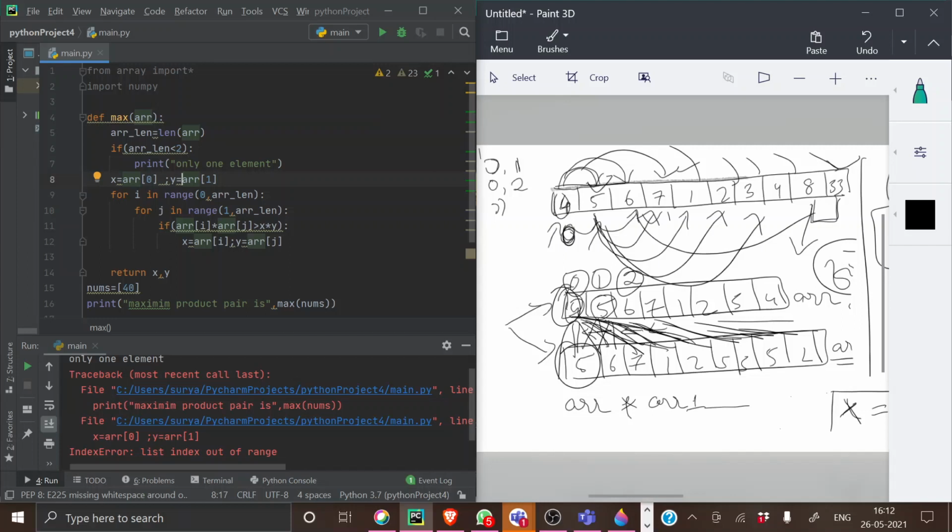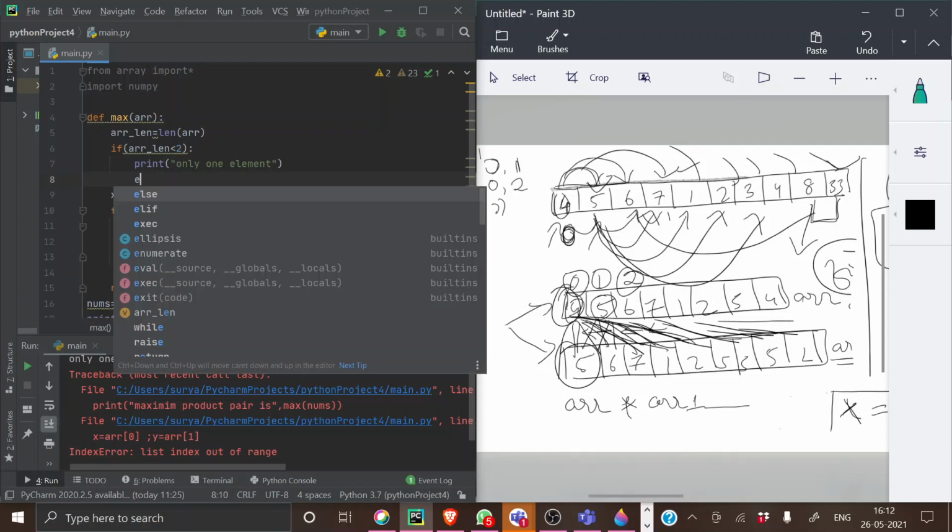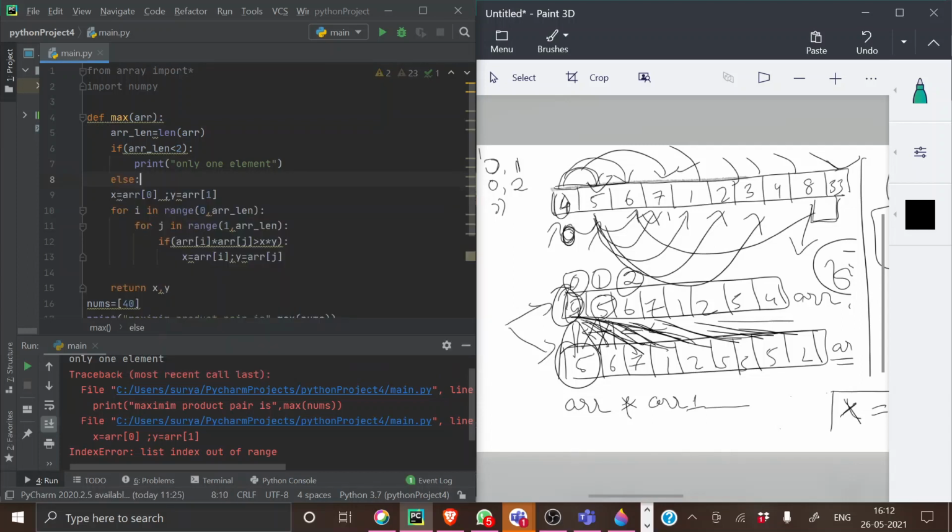Put everything in the else. Just put the eighth line in the else, then put the rest of the things in the else.